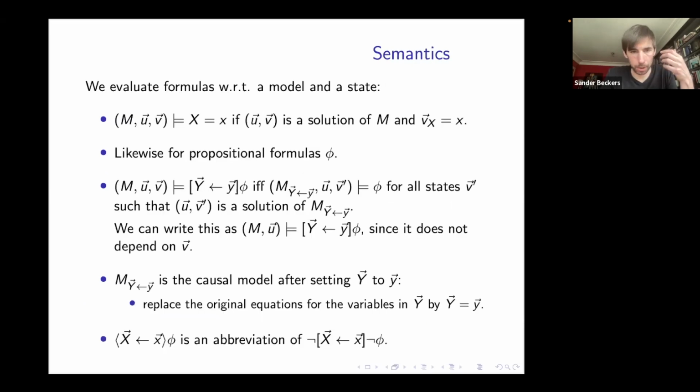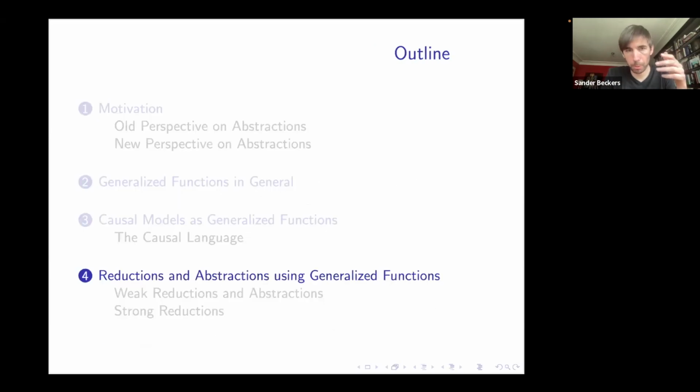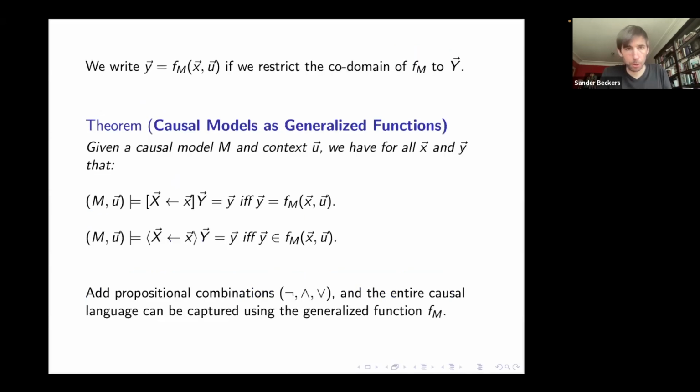So you can express what happens in case you intervene on certain variables, then a certain formula is going to be true. And instead of having single solutions, we might have multiple solutions. So we're going to distinguish between necessarily, if you intervene, then phi is true, which is the square brackets. And possibly, if you intervene on x, then phi is true, which are the diamond brackets on the bottom. So you can make all kinds of statements regarding interventions. And these can all be expressed using the causal model.